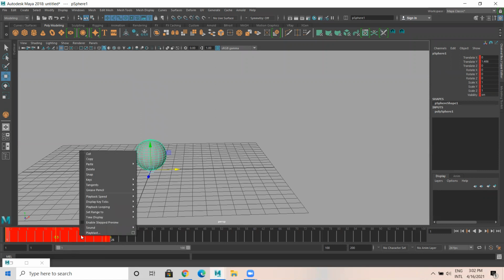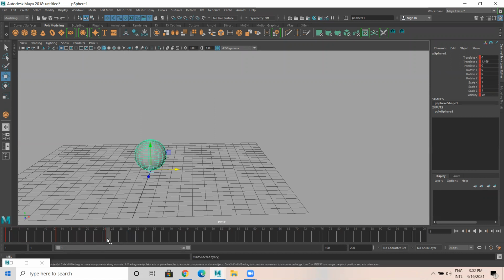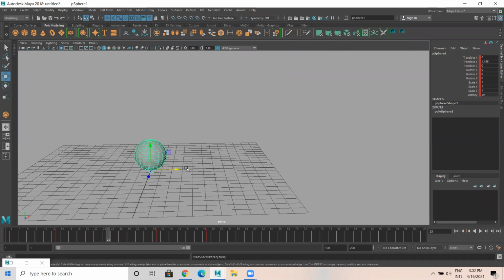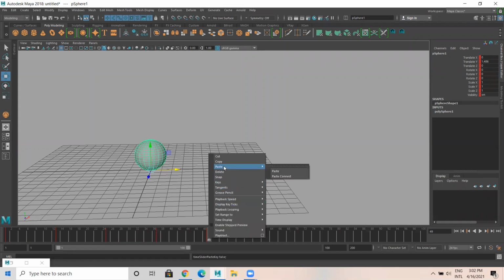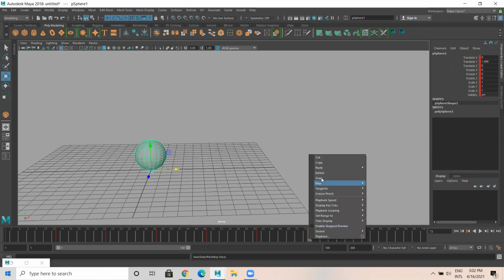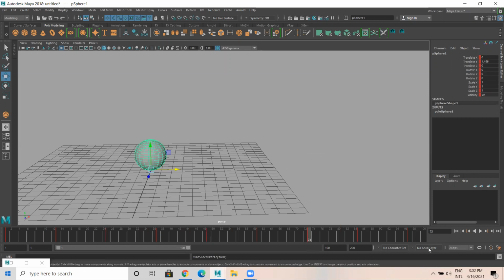Then right click, copy. Then click on frame number 25, right click, paste. Then frame 49, right click, paste. Then 73, right click, paste.